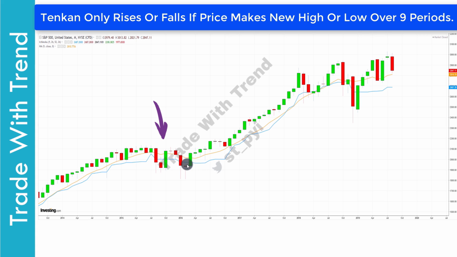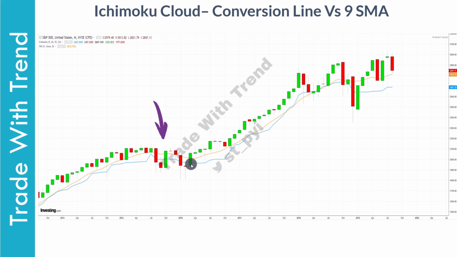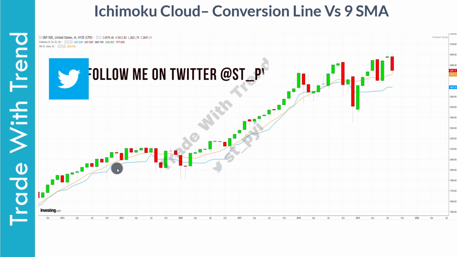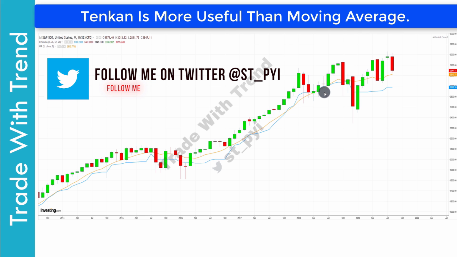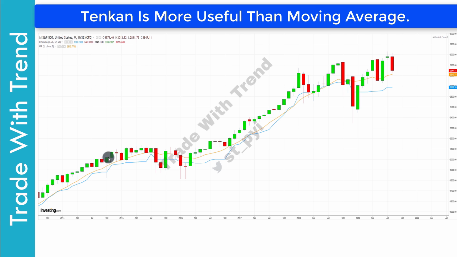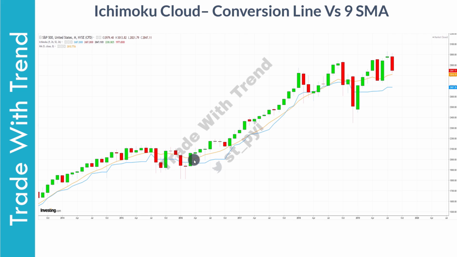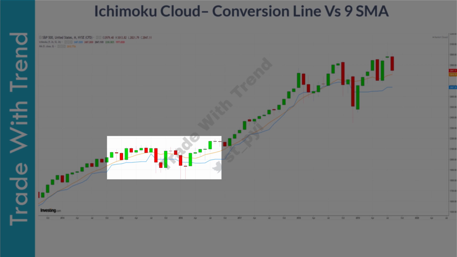Look at how many times price moves lower than moving average. This is certainly a disadvantage for moving averages when traders prefer it for trading. Tenkan, on the other hand, acts as a good support region and price does not pierce it that often. This makes Tenkan more viable over short term. Now, as Tenkan flattens out, it clearly gives an indication to the trader to stay away from price. This is mainly because when Tenkan flattens out, it reflects that price is consolidating.